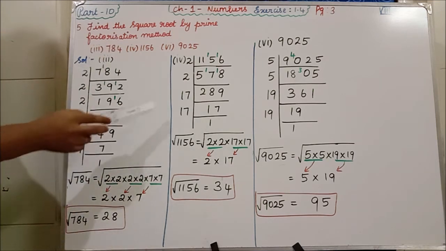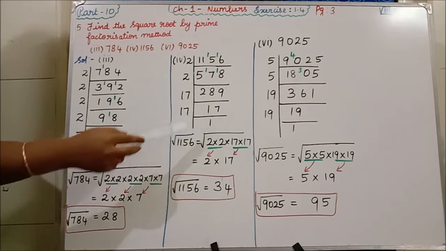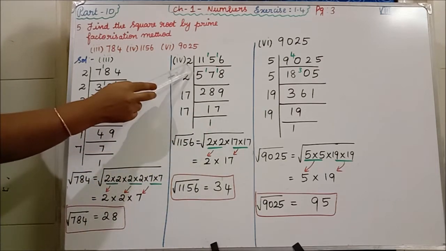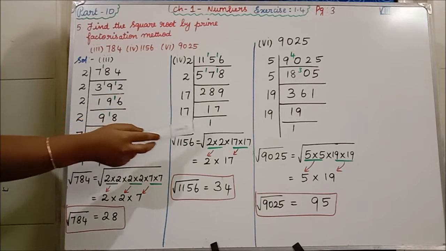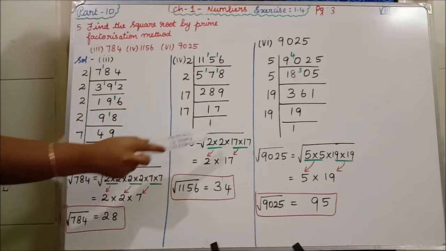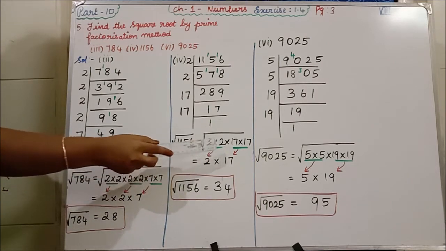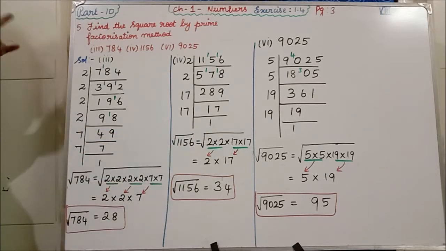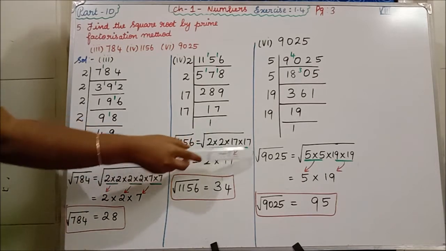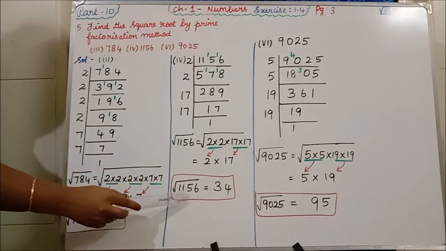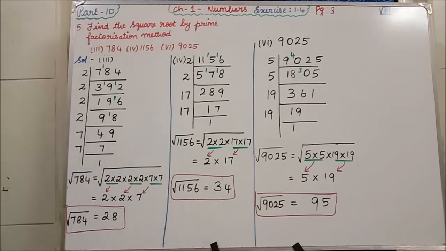So how do we have to write now? Square root of 1156 is equal to square root of 2 into 2 into 17 into 17, you have to write inside the square root. Then we have to see, for this 2 you are having a pair, so you have to write one. When you are writing an answer, you should not put the square root. Then here 2 17s, you have to write 1 17. Clear? So 2 into 17 is 34. So square root of 1156, answer is 34.